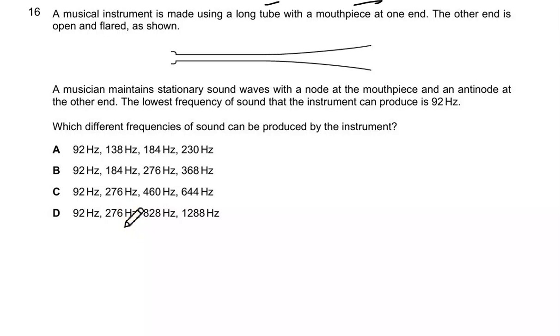A musical instrument is made using a long tube with a mouthpiece at one end. The other end is open and flared. As shown, the musician maintains a stationary wave with a node at the mouthpiece and an antinode at the other end. The lowest frequency. So this long tube works as an open tube stationary wave,